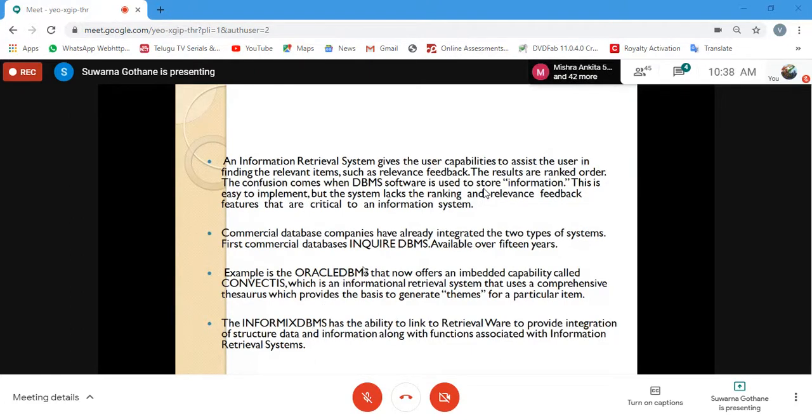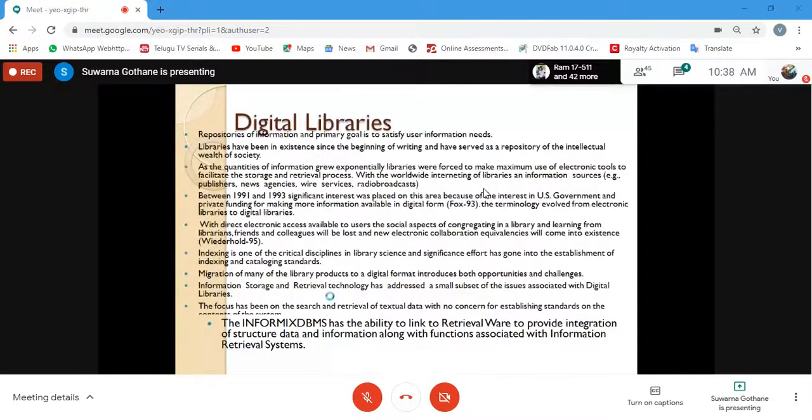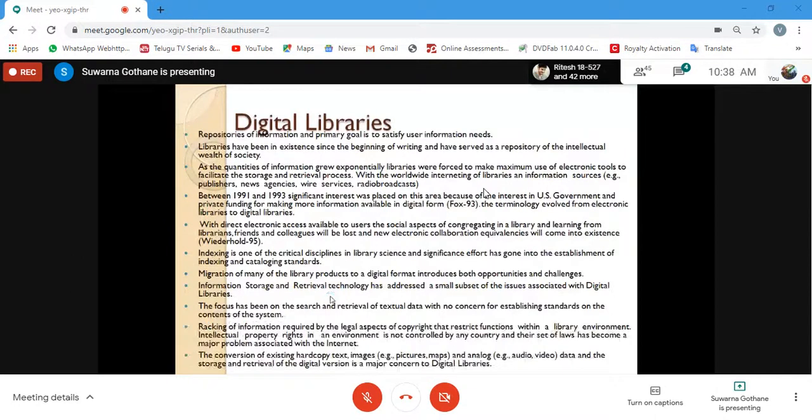So the combination of the two has been worked out with the Inquire DBMS, Oracle DBMS, and Informix DBMS. These three provide functionalities which can be handled with the help of these products that came from the Oracle and Informix organizations. They have launched these products which provide access to structured as well as unstructured data. So this is where we have found the difference between DBMS and IRS.